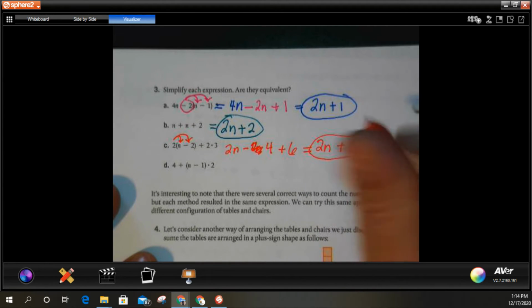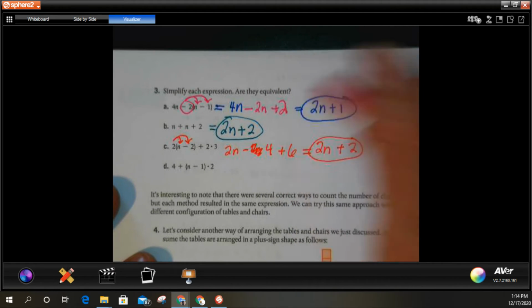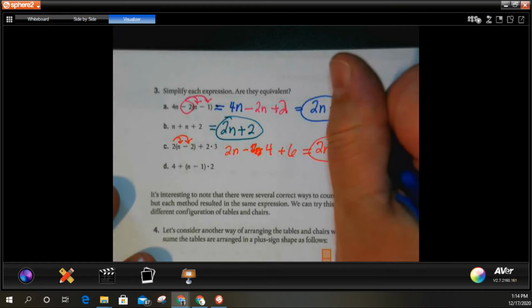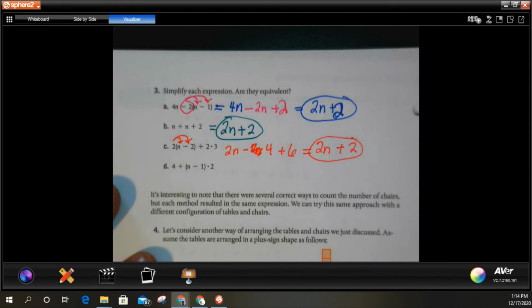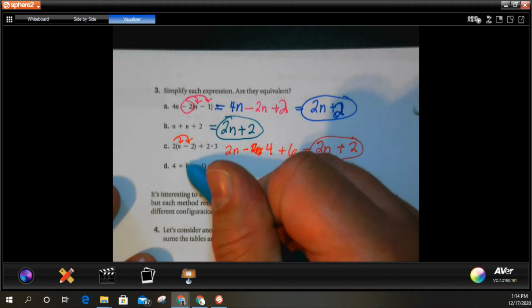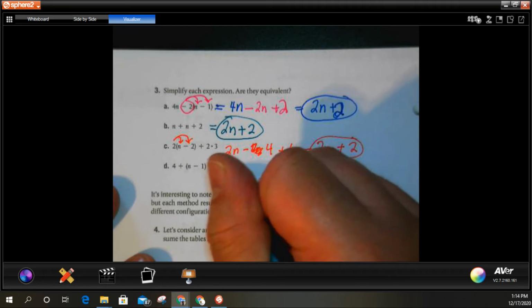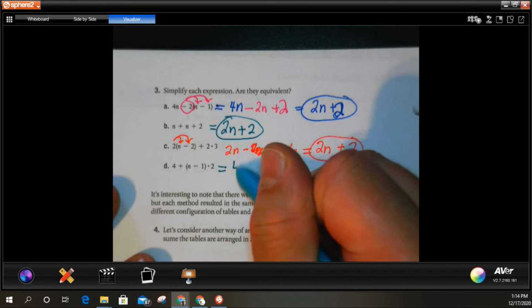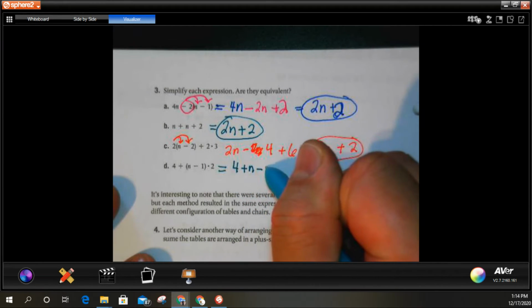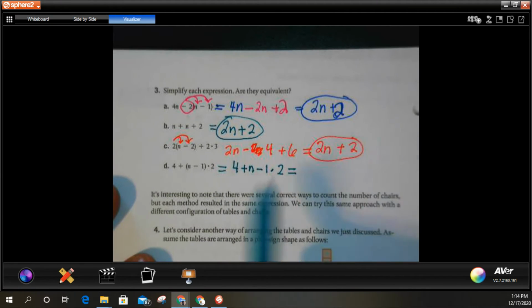And then the last one was 4 plus, since I have a plus 1 in front of the parentheses, I just drop it. 4 plus n minus 1 times 2, follow PEMDAS. I have 4 plus n minus 2,